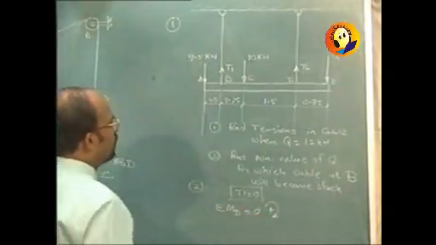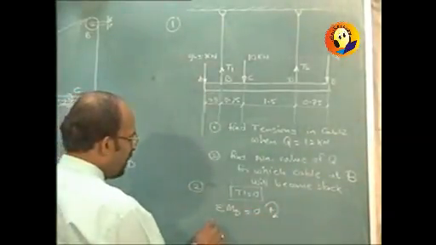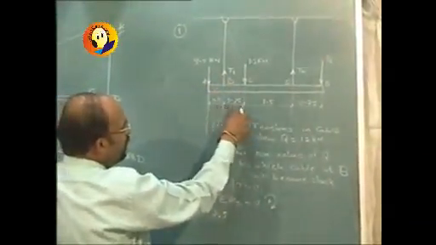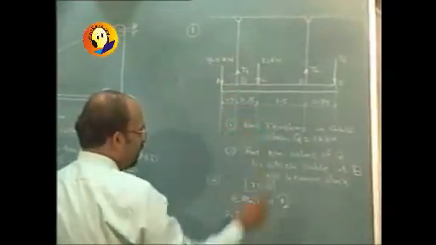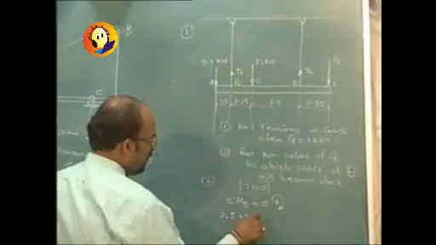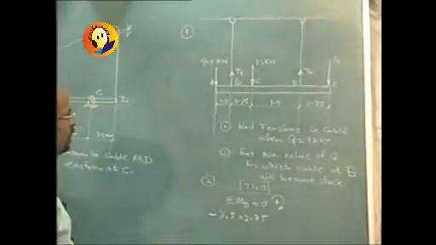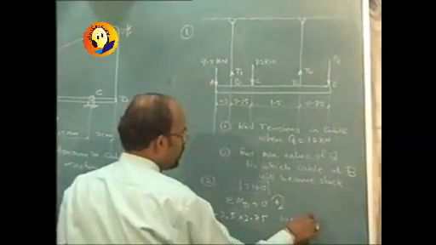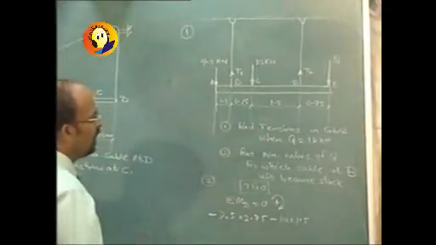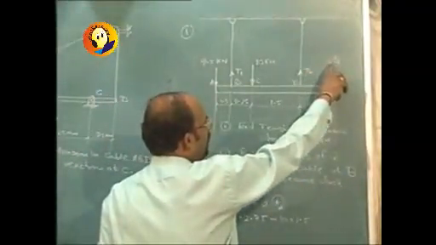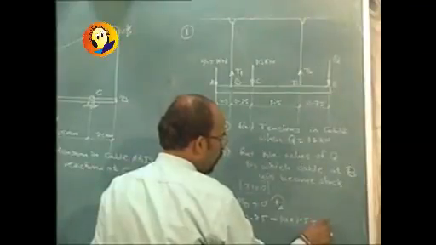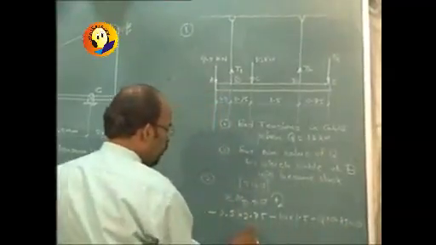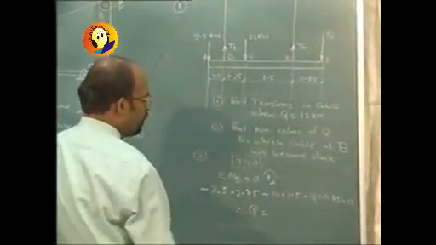with the same sense, clockwise positive. So it will be 7.5, this downward force at A, multiplied by 2.75, anti-clockwise, so negative. Then for 10, it will be 10 into 1.5, again anti-clockwise negative, and so far as the Q force is concerned, it will be Q into 0.75, clockwise positive, so Q into 0.75 is equal to 0, and therefore we can determine the value of Q.